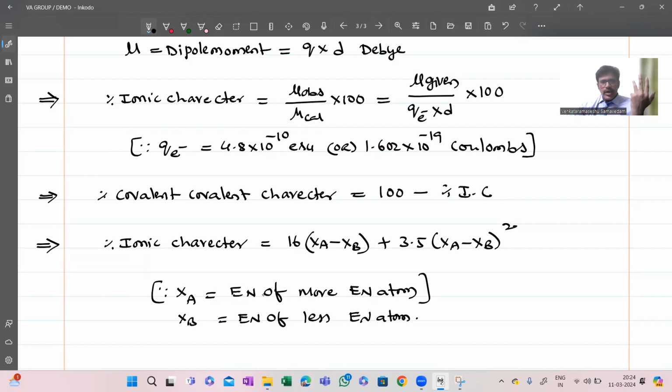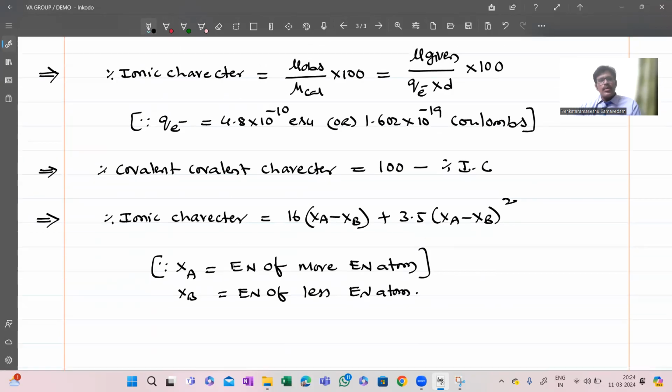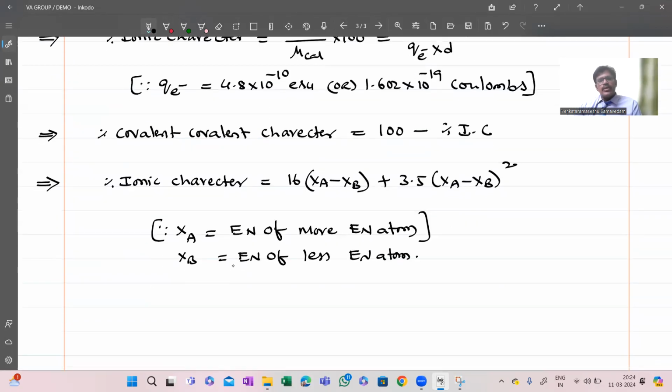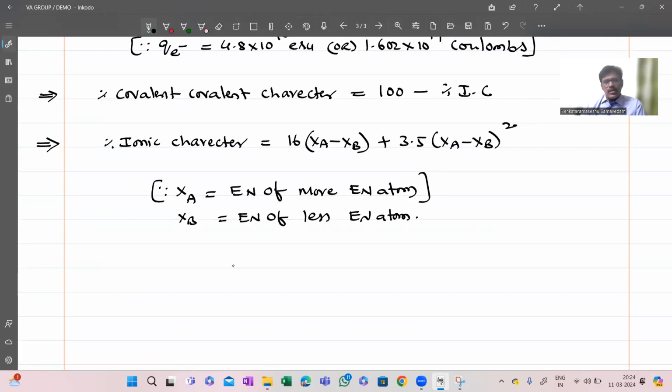then the percentage of ionic character we can easily find out by using 16 into (Xa minus Xb) plus 3.5 into (Xa minus Xb) whole square. Remember these three formulas. These three formulas are very, very important for the different concepts they will ask in the dipole moment. Now you see,